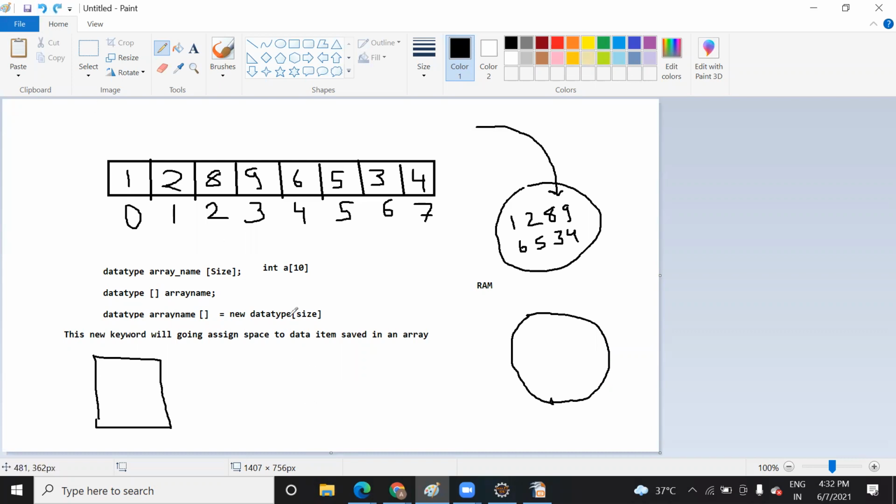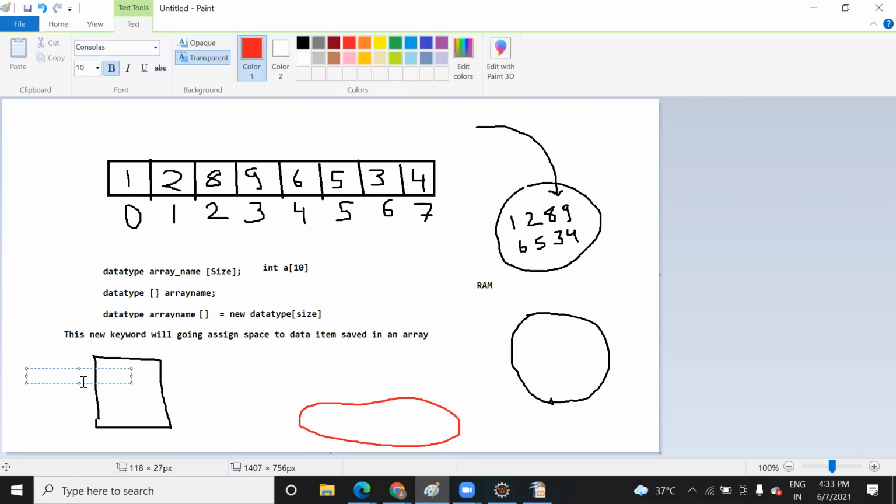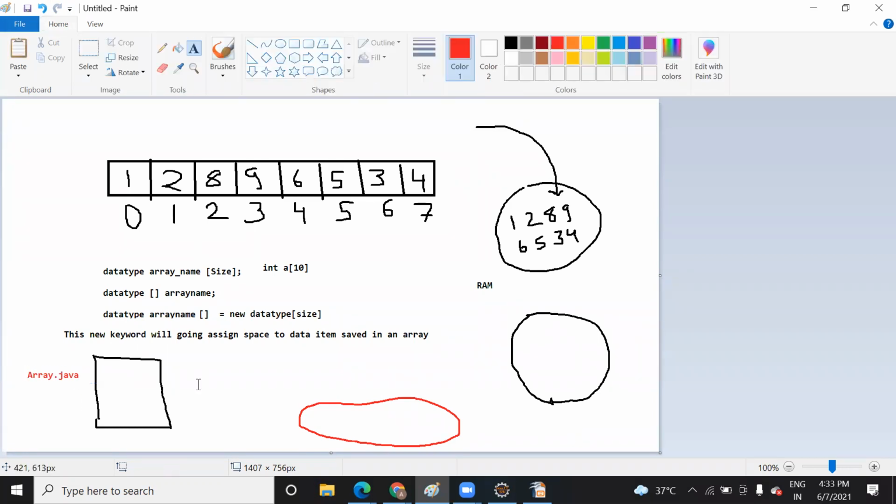Let me take another color. Suppose this is your program, array.java. When you write this program with the help of the new keyword, while writing you are actually working in the RAM part.